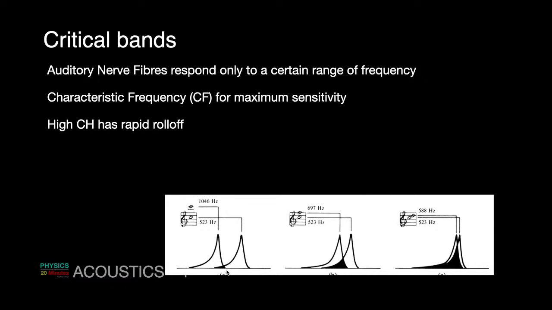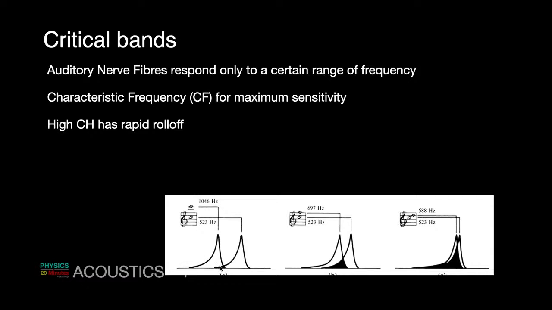I suppose you all know what we mean by frequency response. On the x-axis you have the frequencies plotted, while on the y-axis you have amplitudes plotted. So a particular neuron, a particular nerve fiber, say which is sensitive to 1046 hertz, will show a peak at that frequency. But